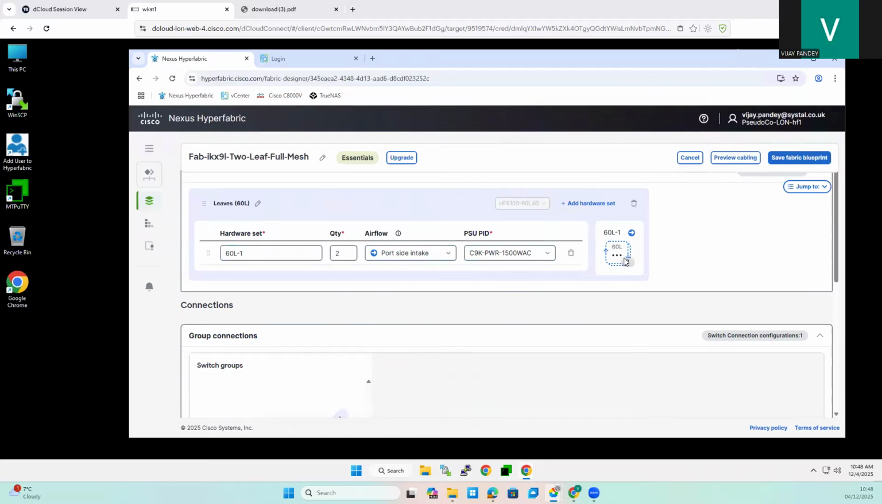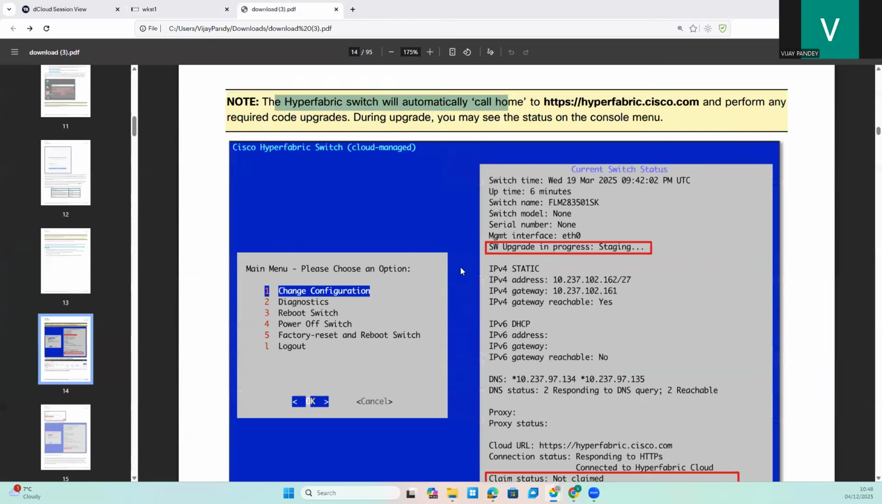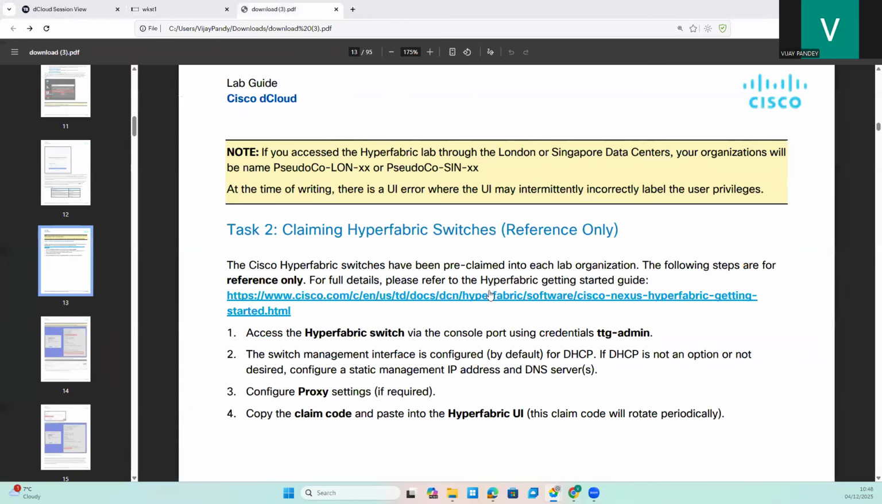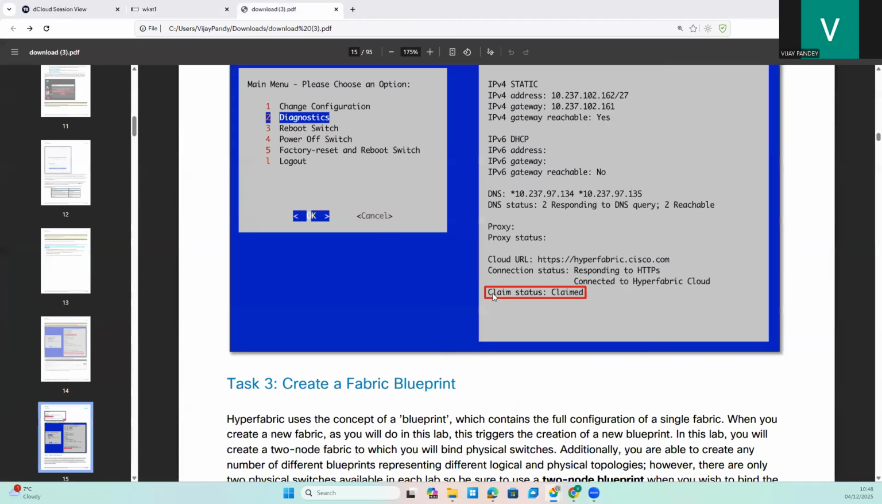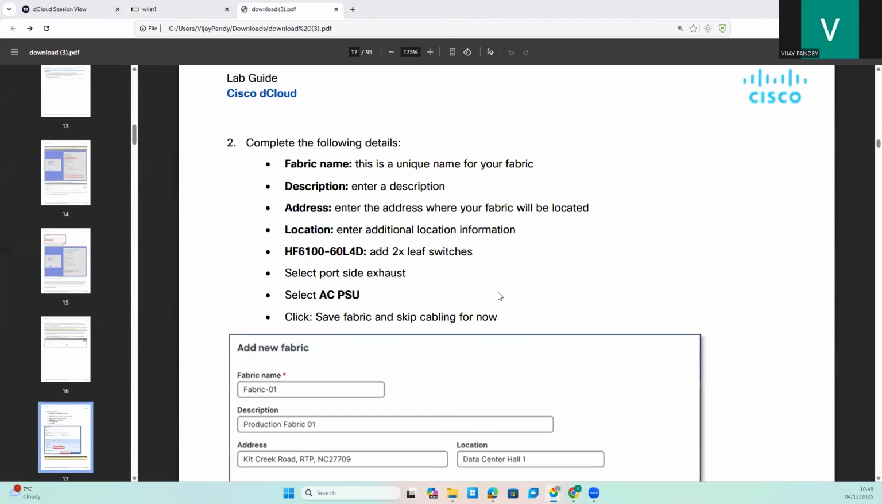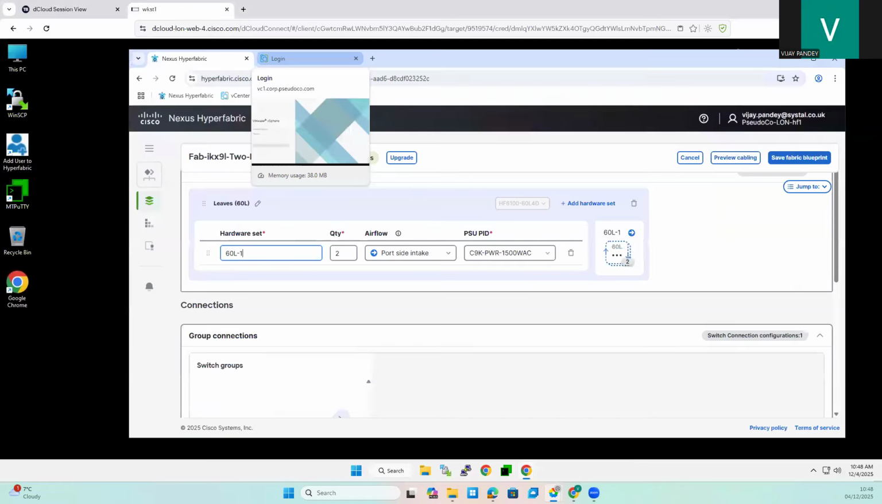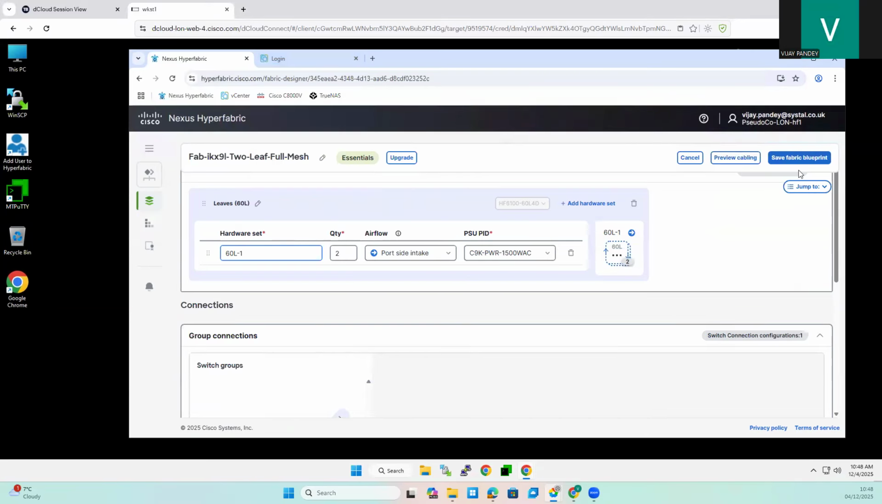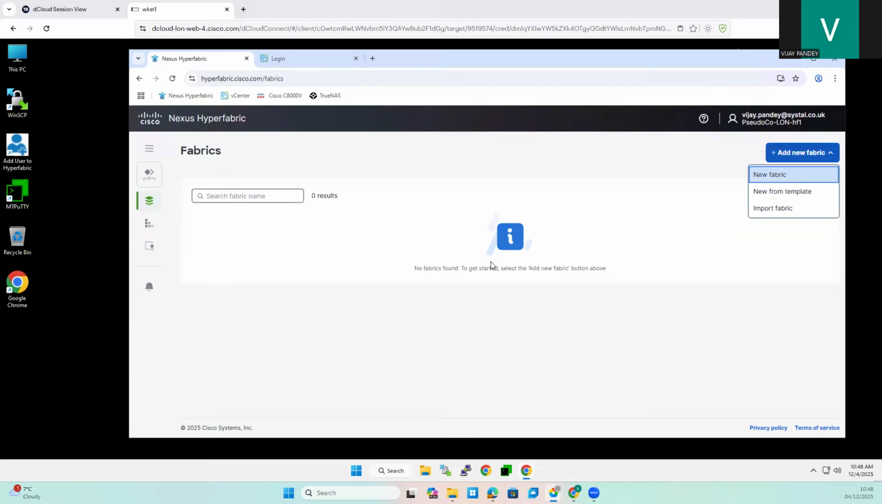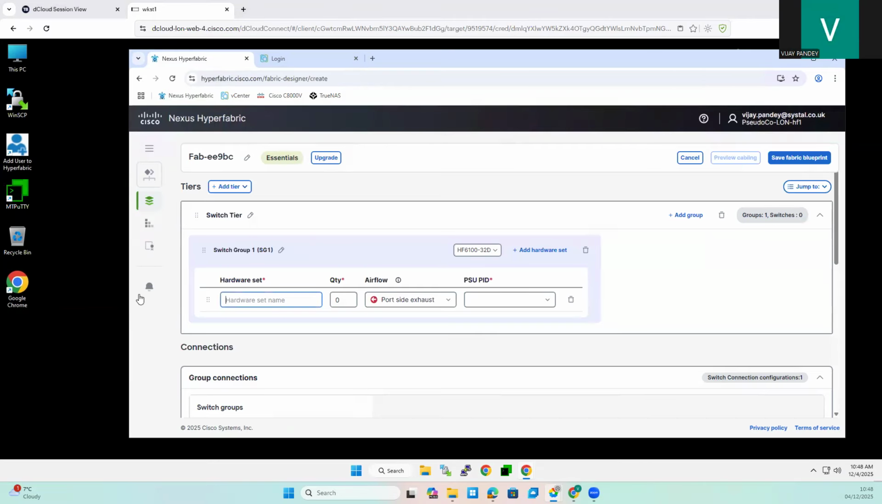I'm saying that I'm going to use 2 hardware, and the name I can give anything. So if I go to my lab, in the lab I can give the name. Rather than creating from the template, you can just create the normal fabric also, a new fabric. In the new fabric, I can give